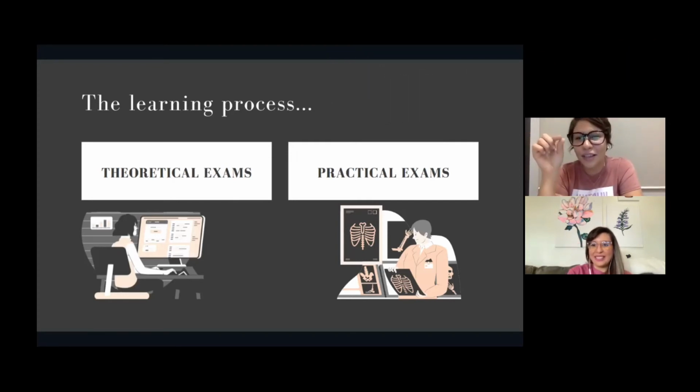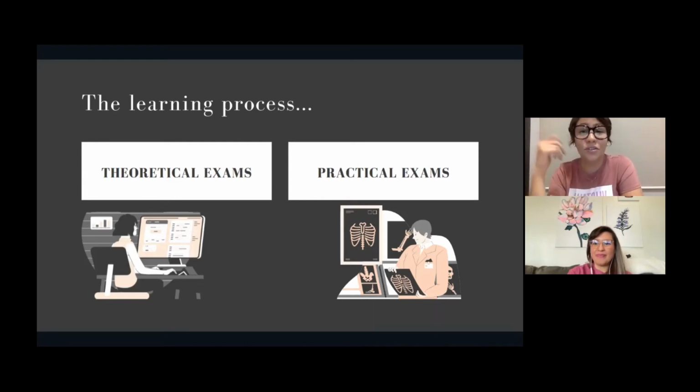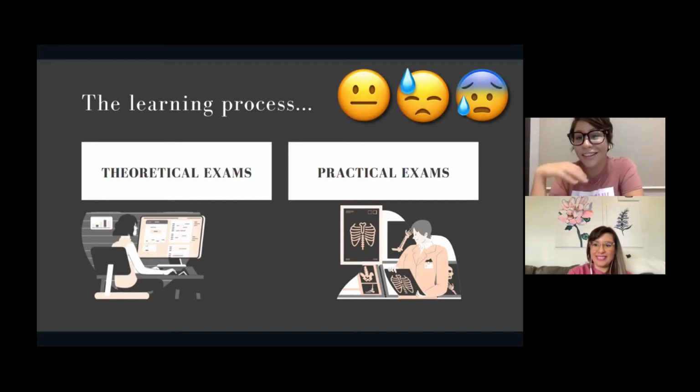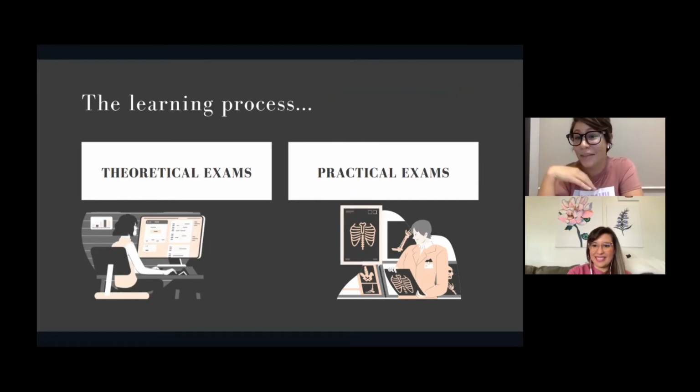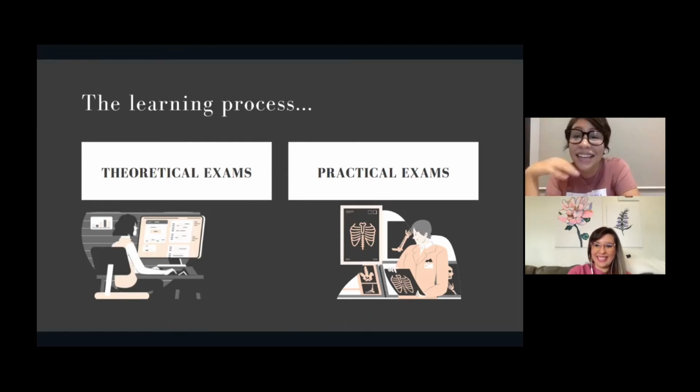They also used to use pins that have a little plastic colored ball on top, like a little red ball, that would be easier for you to spot. And they just ask, what is this structure, or what is the name of this nerve, or the name of this muscle. The worst are the ones where they say name this structure, and you might not even know if it's an artery or a nerve or a tendon. You're like,